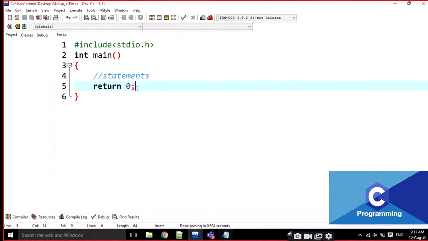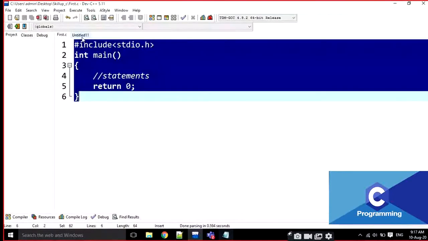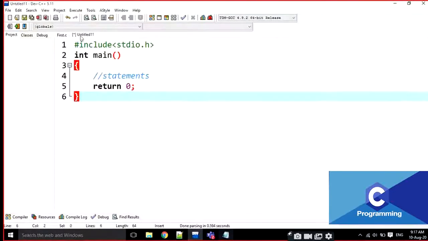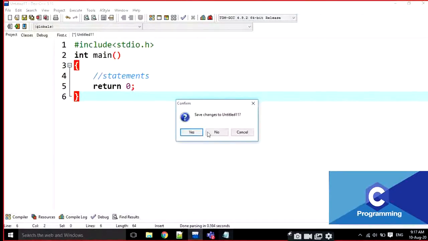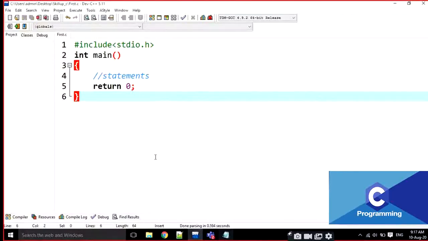This is the basic structure. When we open any C program, you have to write all of these. For example, Control N, I am going to write one C program. First of all, every time I am going to write these lines, then only I will write anything else. Okay? Note down the basic structure, basic syntax of C program.